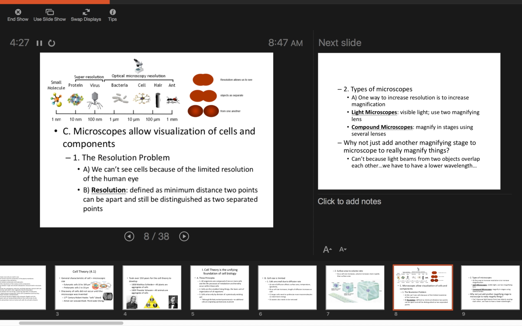And so a lot of times you'll see things that are blurry, but then as they start to separate and you can see the 2 points, well then now you have some clear resolution. And so here it's just a little scale to show you, an ant's about 1 millimeter, hair is 100 micrometers, a cell between this, it's got to be eukaryotic. Bacteria are a lot smaller, between 1 to 10 micrometers, but then for viruses and proteins and small molecules, well, you can see viruses, you can see some proteins, but we haven't really been able to see